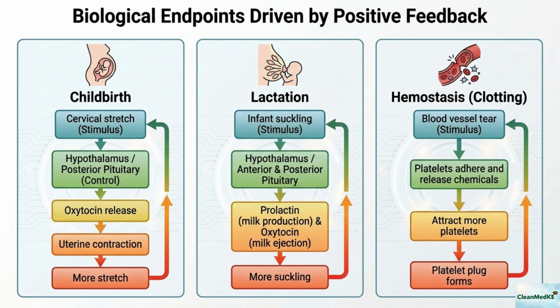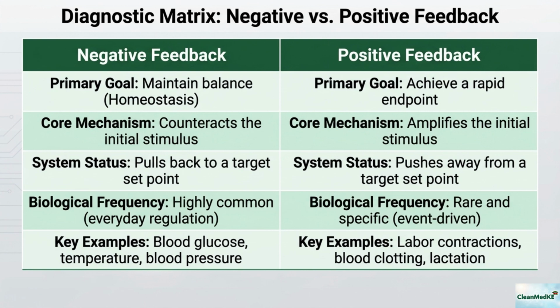In childbirth, cervical stretching, the stimulus, triggers the release of oxytocin, which causes uterine contractions. This leads to more stretching and more oxytocin until the baby is born, the endpoint. Similarly, in hemostasis, clotting, adhering platelets release chemicals to attract even more platelets until a plug is formed to stop bleeding. To summarize the difference, negative feedback is your everyday regulator that maintains balance and pulls the body back to